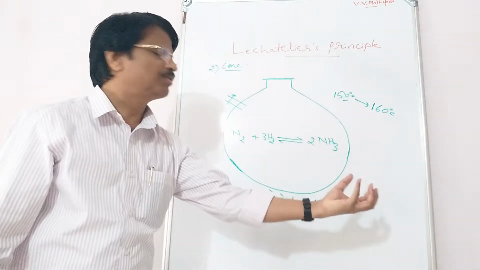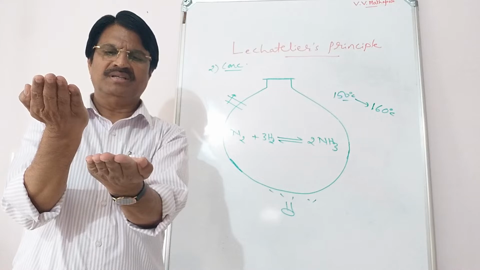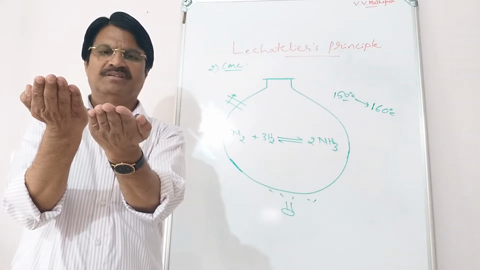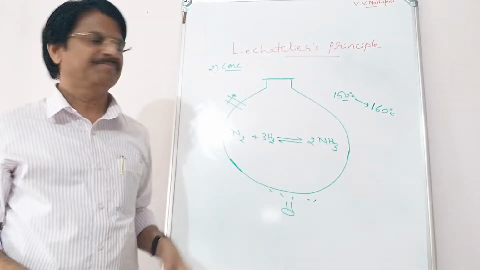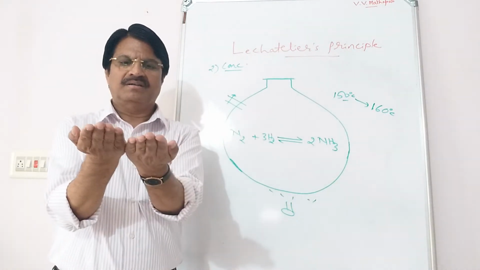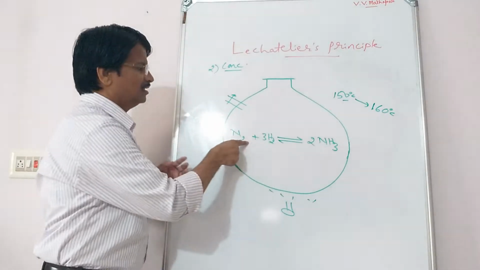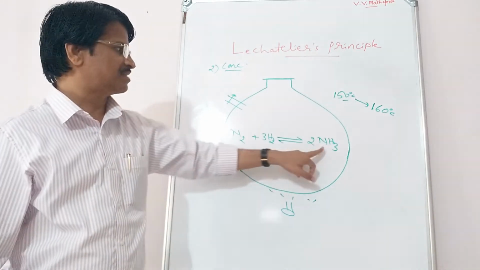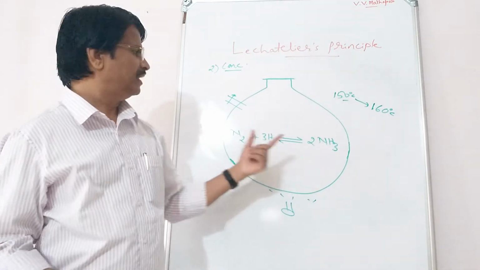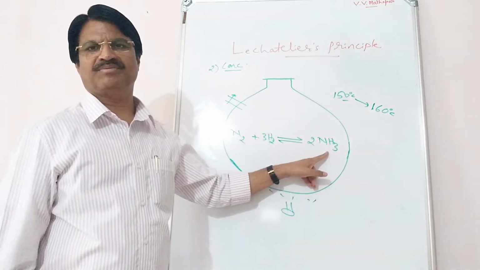Next, second point. When ammonia concentration decreases or ammonia is removed from the equilibrium state, the system tends to increase the concentration of ammonia because the applied stress is cancelled or annulled. How does ammonia increase? By forming ammonia, meaning ammonia formation occurs when ammonia is removed. Therefore, in industry, they remove ammonia and add N2 and H2 so that they can get more and more quantity of ammonia.